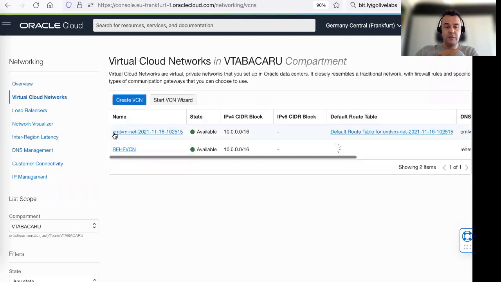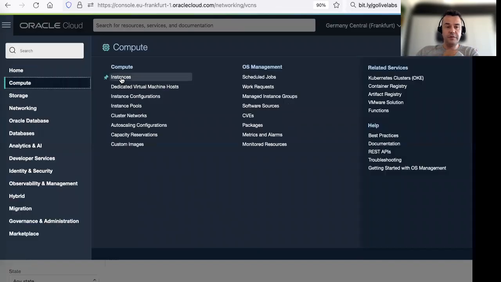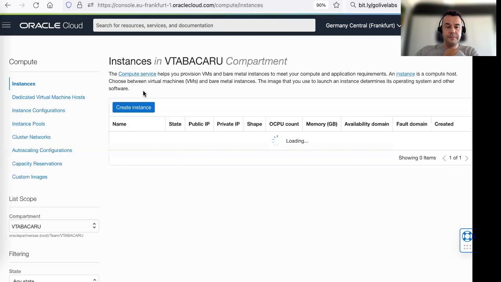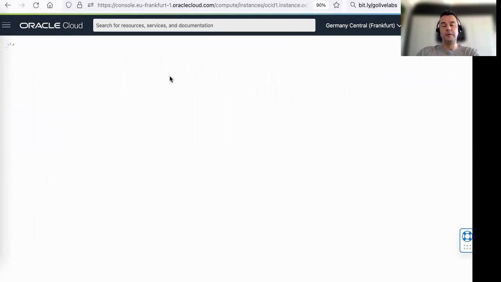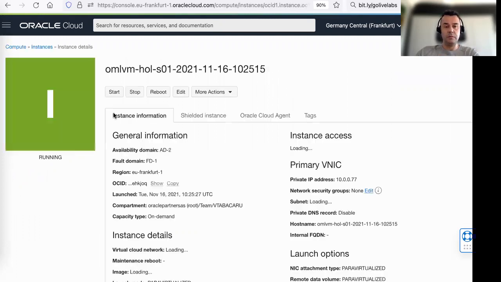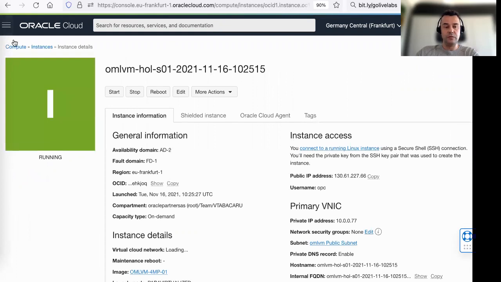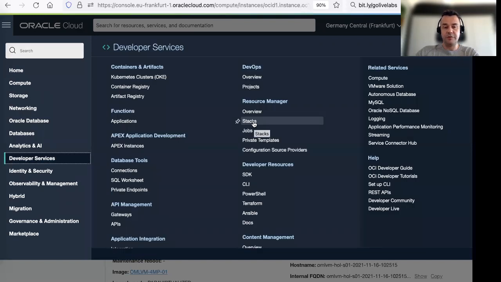This is the VCN resource, OML4Py. This is the one which has been deployed. I'm going to leave you to check it by yourself. And under compute instances, this is the OML VM instance that has been deployed using this stack. So this is everything you need to know right now about the workshop resources. So going back to stacks,